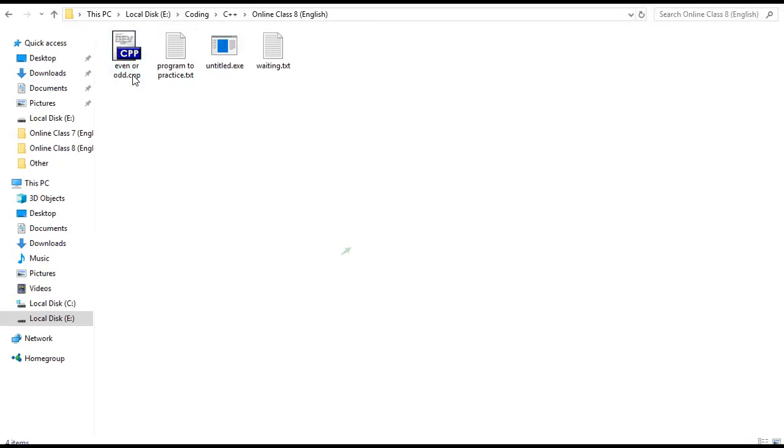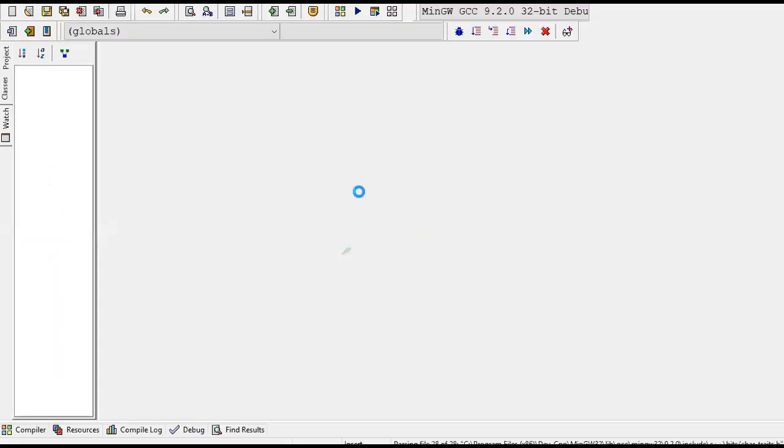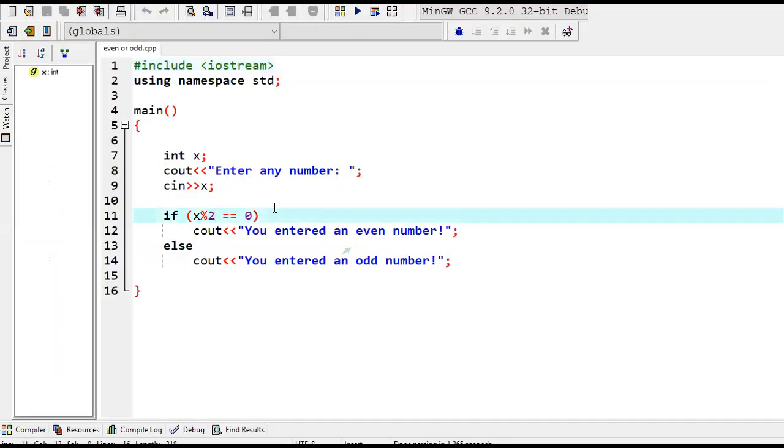So I've just recently discussed how to get even and odd numbers. This is the program I've just discussed. You see how it works. First of all, I got the value from the user and stored it in variable X. Then I'm checking the condition: if X divided by 2 has a remainder equal to 0,